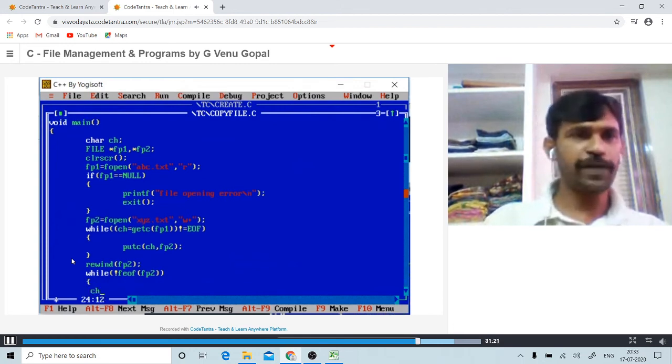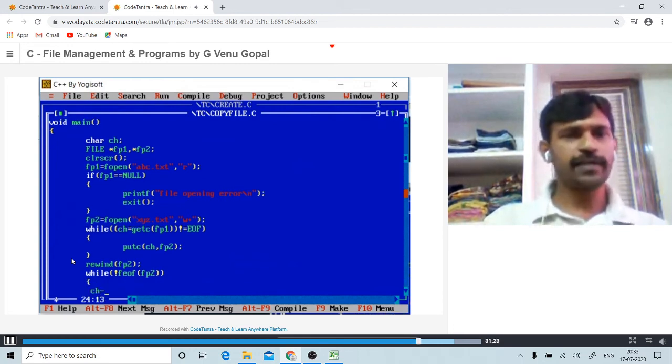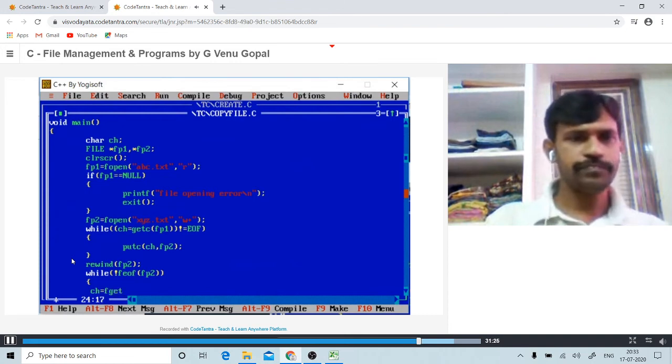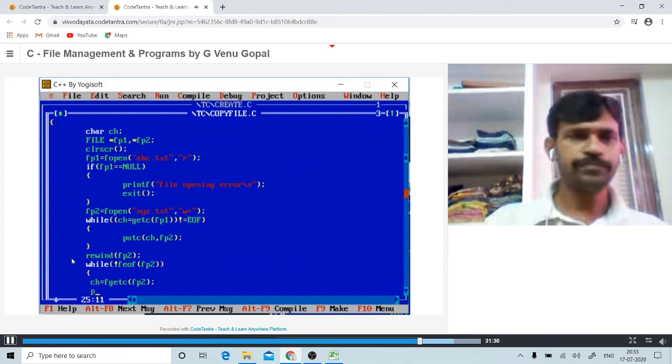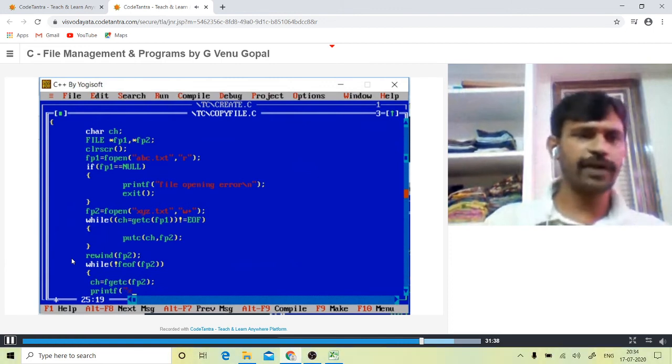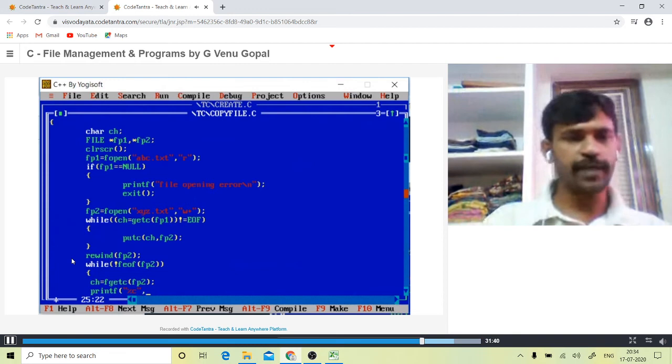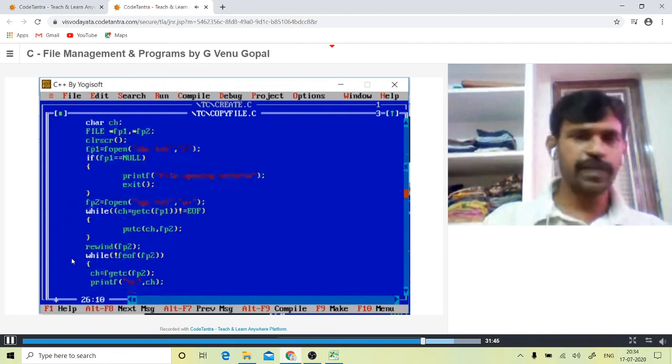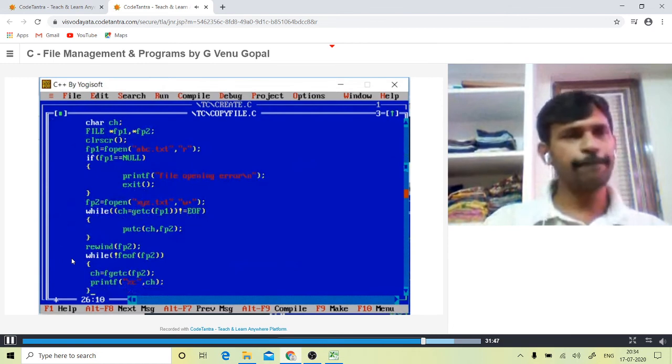First we get the character ch is equal to fgetc of fp2 semicolon, then putchar or printf, anyone we can use. printf, since character by character we are trying to print, %c quotations close comma ch. The character by character the content will be displayed. Then the files will be closed.